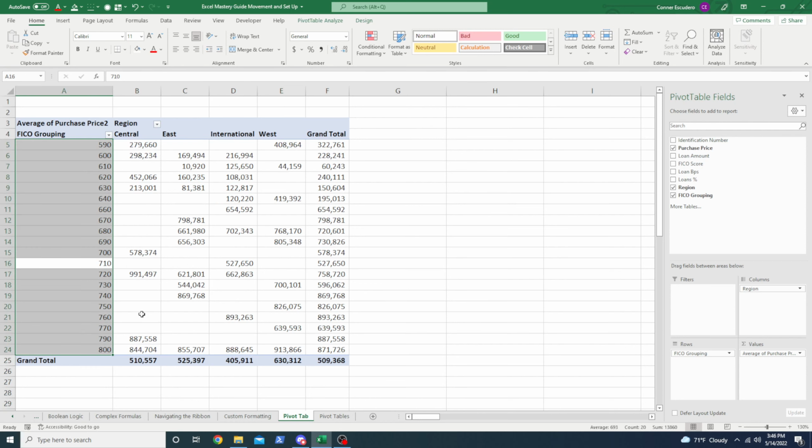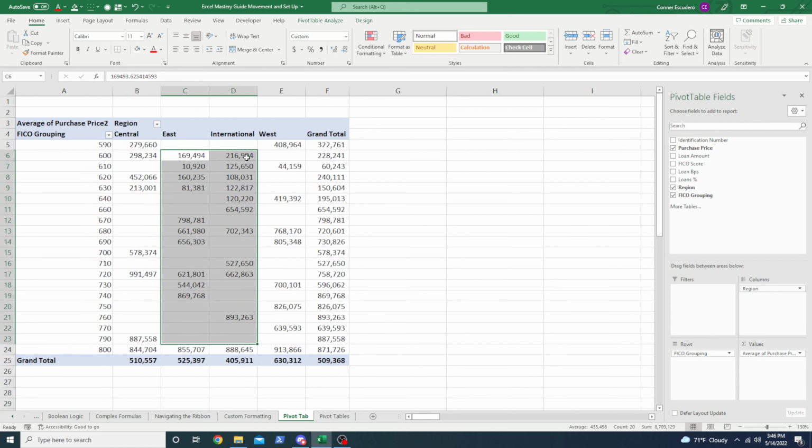But we don't want average purchase price here because we're adding in the region. Well, no, let's keep the average. That's my mistake. Okay. So can we see any trends here? I'm not getting too much trends here. Oh, no, you do see the credit score does seem to be the main driver. And,